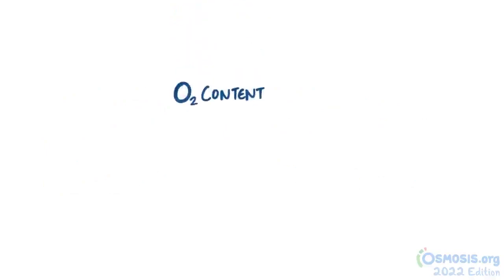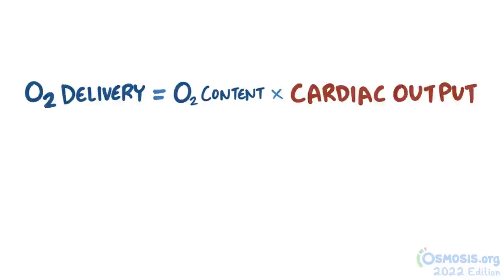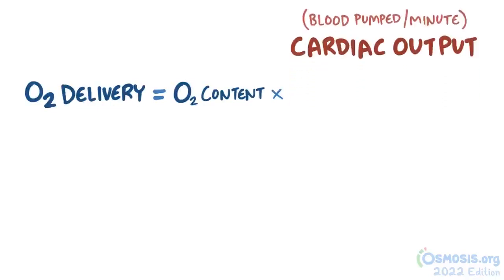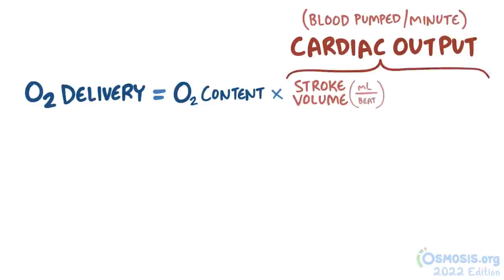So that's the oxygen content of the blood, but it doesn't tell us how much oxygen is actually delivered to the tissues. Oxygen delivery is the oxygen content multiplied by the cardiac output, which is the amount of blood that's being pumped out by the heart each minute. Cardiac output itself is calculated as the stroke volume, which is the volume of blood pumped per beat from the left ventricle of the heart,